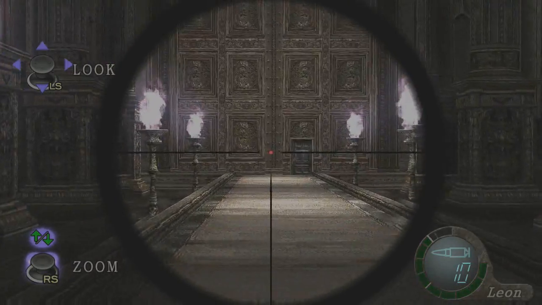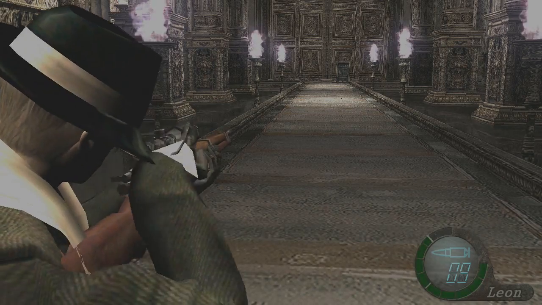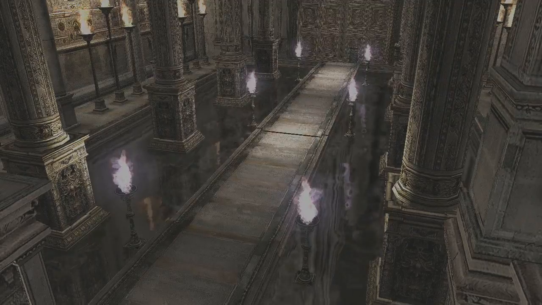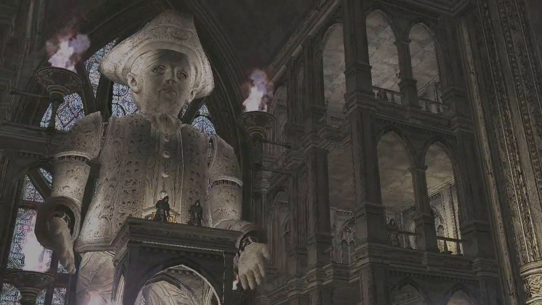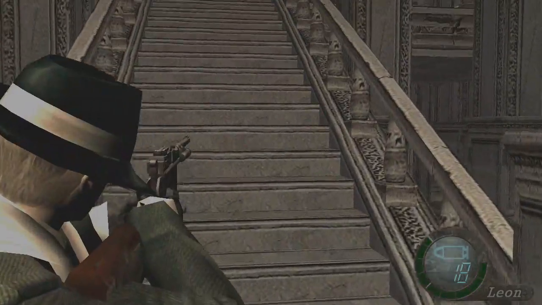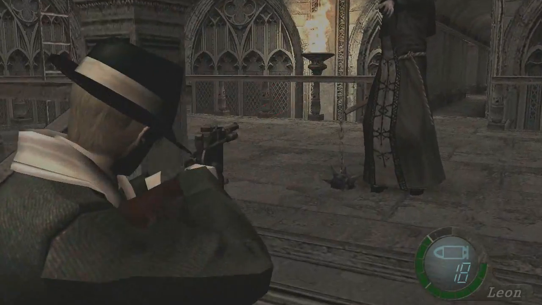Alright, now over here, this is what I like to do, because I don't like to have to deal with that door after doing a certain thing. I'll show you afterwards, after we deal with this, because we're going to have to get through that door quickly. Alright, so essentially we need to raise that platform again. And that place is locked over there. So